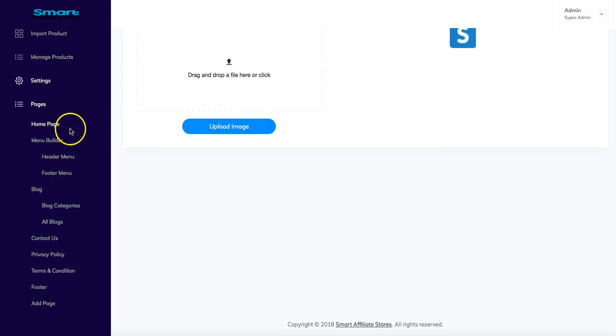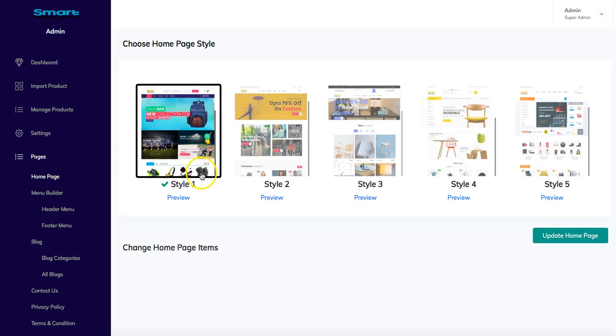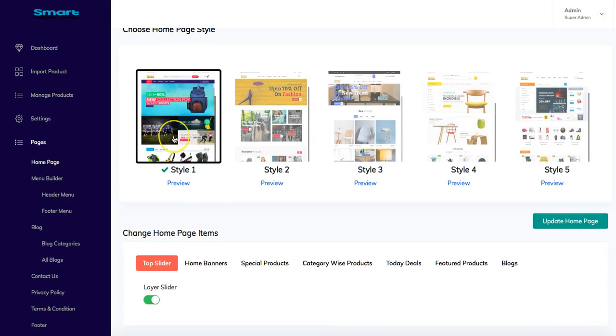So this is a home page. This is where you go ahead and alter the home page design if you want. Let's say you started with style 1 but you'd like to go to style 2 and you want to change that. So you'll go ahead and do that here, update home page. Mind you, when you do that, there is a good chance that you'll have to update the images because the banner is on